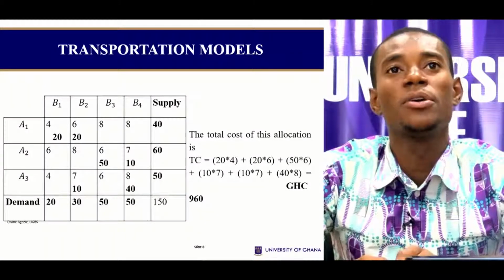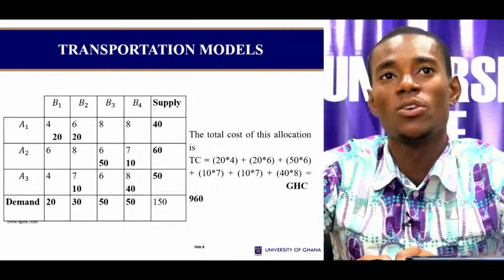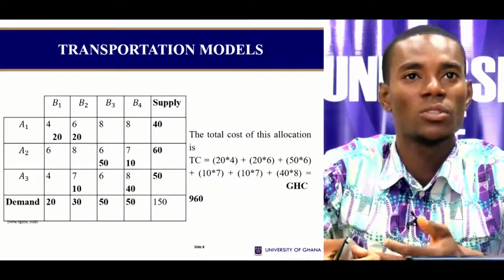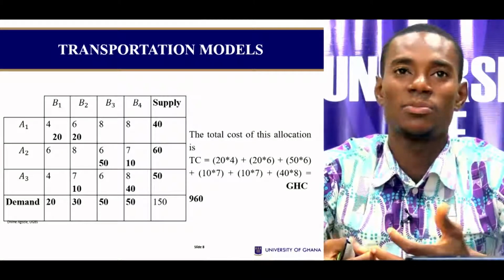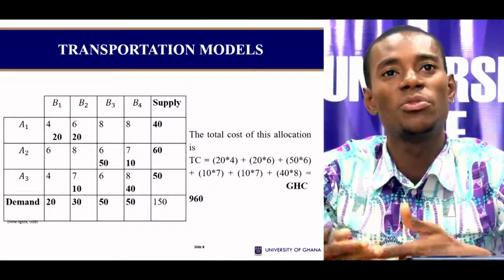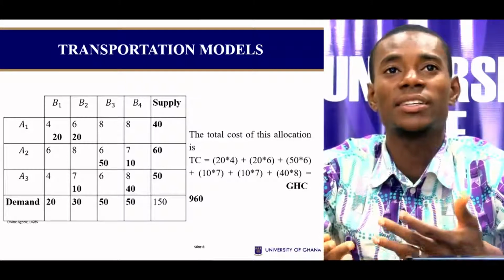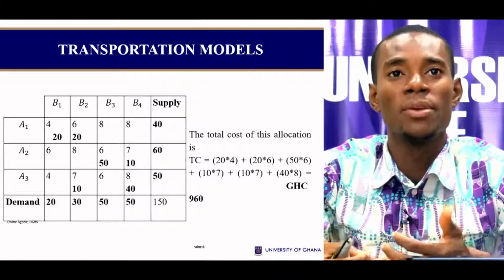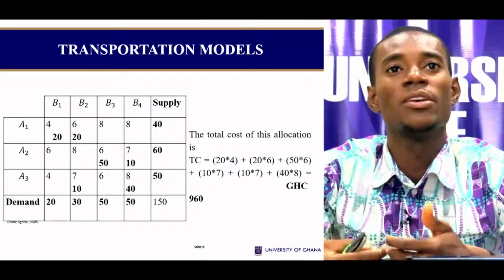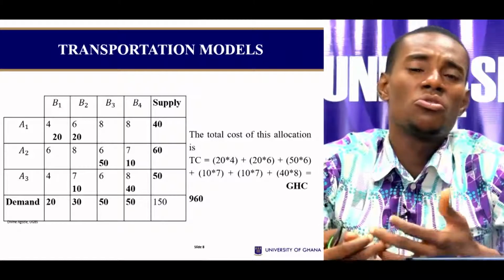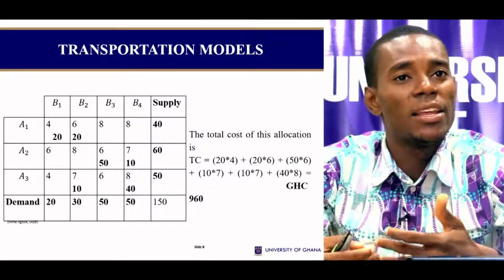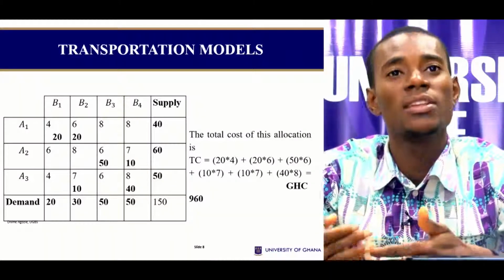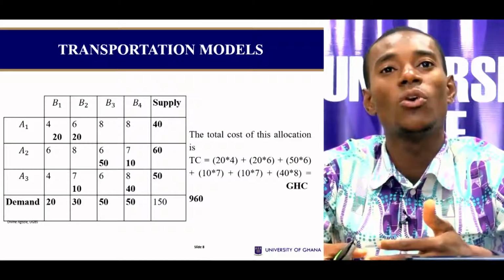Starting from column B2 to B3, look at all the cells in there now, look out for the cell with the least cost and then allocate as much as possible in that order. So you just keep repeating. Again, the least cost is 6 and it occurs in A1, B2. It also occurs in B2, B3, and also occurs in A3, B3. So you could also pick arbitrarily and then do the same. So you keep repeating this process, looking for the least cost, the least cost, the least cost, until all allocations